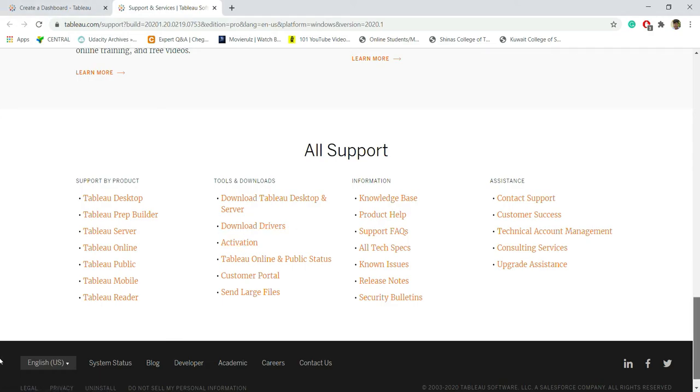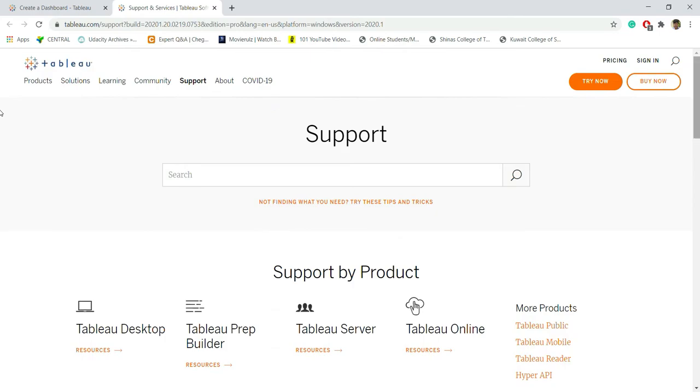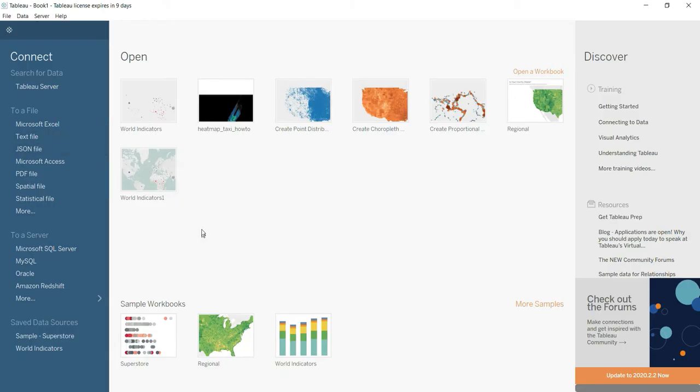These are the two things which you need to know before starting into Tableau, because Tableau is going to be very critical when you get deep into it. So you need to concentrate on each and every feature which it's providing. These are the things which I worked on previously. It's showing like this. These are the sample workbooks which are already available in Tableau.